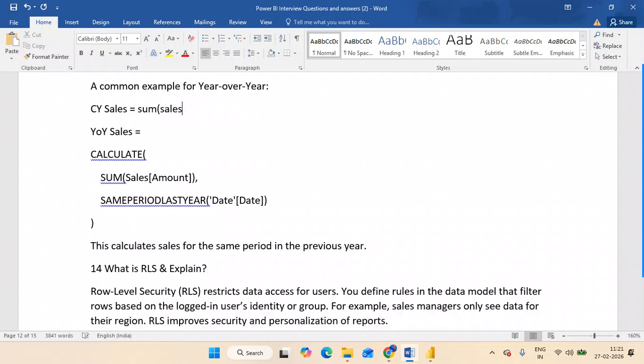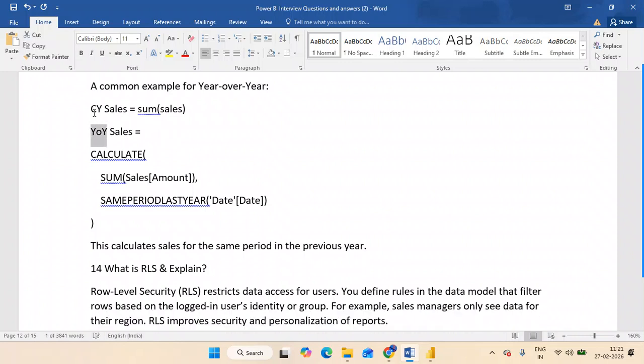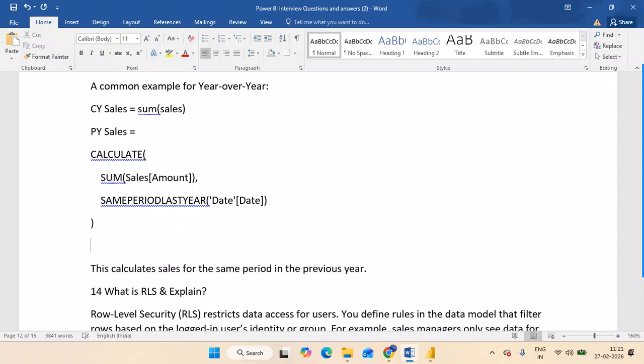So this will give you the current year sales, and then the previous year sales, and you have to write the calculate. This is the PY sales. Okay, don't get confused.